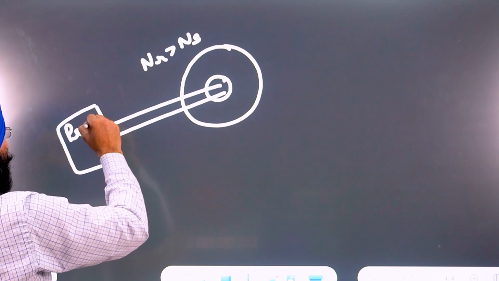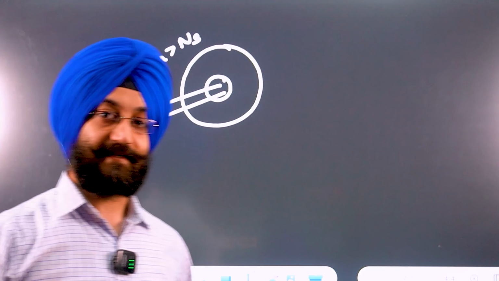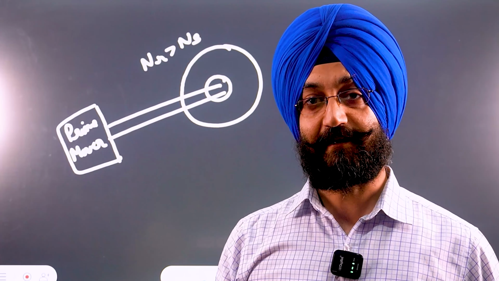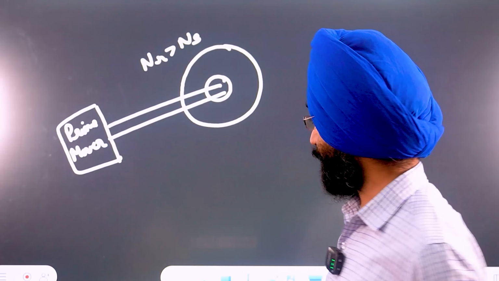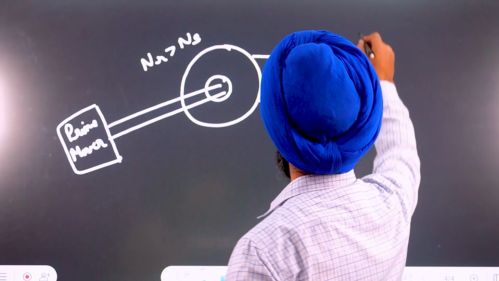So this is the prime mover. A prime mover is any engine, any kind of device that forcefully increases the speed of the rotor beyond the synchronous speed. So instead of drawing power from the grid,